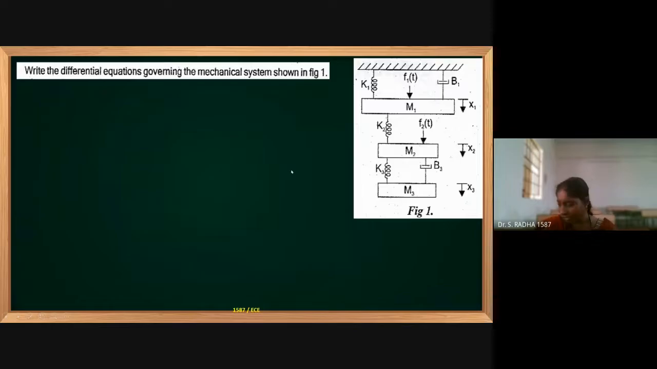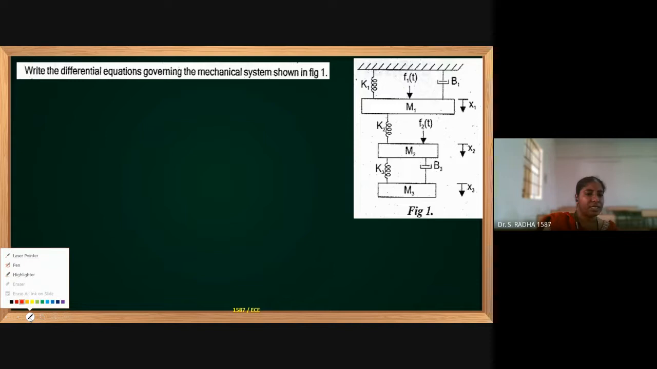This is the model that will be asked in the exams. Differential equation. So I have three masses over here. Okay. And if you see,